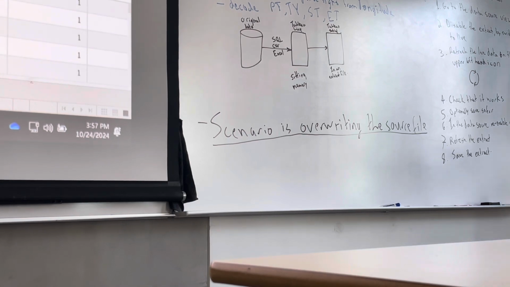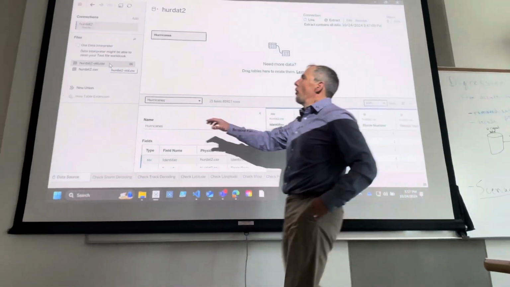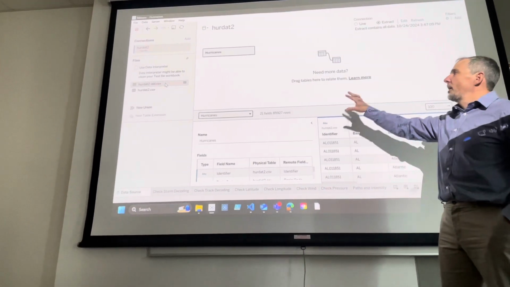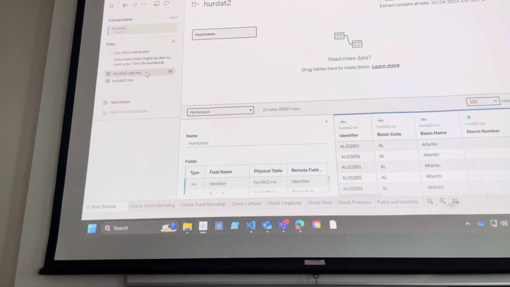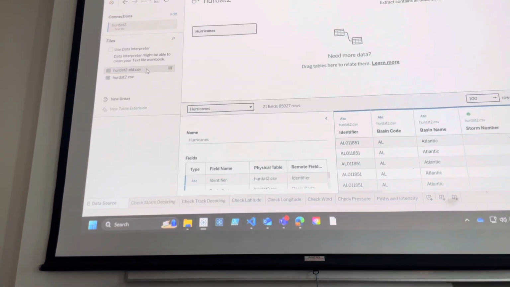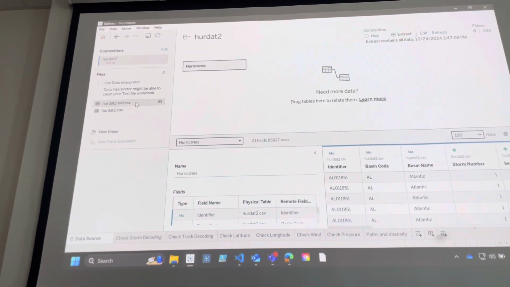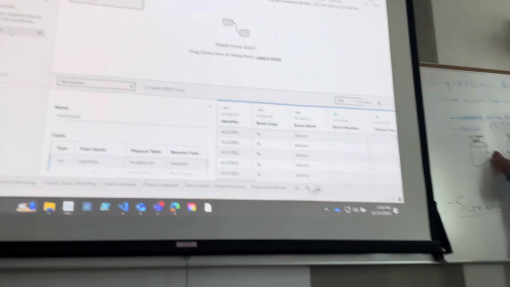For example, when I tried to replace the data set by simply dragging over my old data set, because there were columns that didn't work anymore in the old data set, it broke everything, right? So the scenario that we're talking about here is when we're going to overwrite the existing Excel file, CSV file, JSON file, it could be a shape file, and we're simply overwriting it with new data. And so the idea is after we've overwritten that file, the question is how do we get the new data into Tableau? And the answer is,